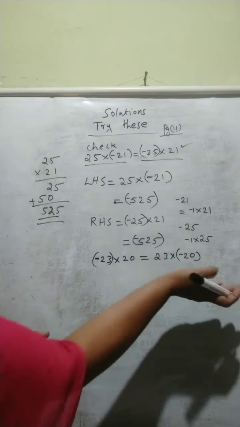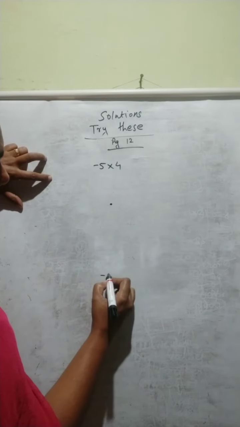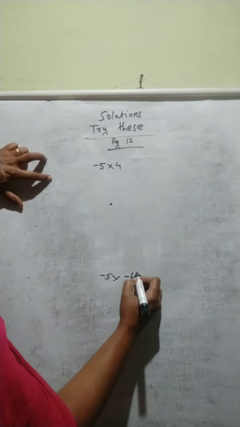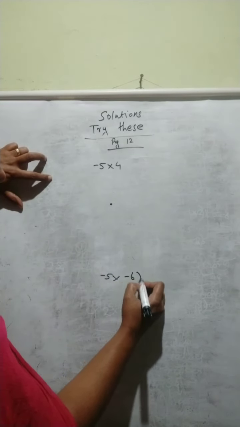Try this. Starting from negative 5 times 4, find negative 5 times negative 6. We have to multiply and we have to find out. That is, from negative 5 times 4, we have to reach negative 5 times negative 6. So that means this is reducing. 5 is equal in this case and negative 5, both are negative 5 itself. But we have to change these numbers. Here it is 4 and here it is negative 6. That means we have to reduce the numbers.